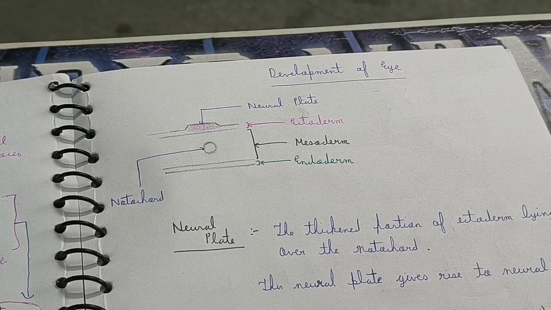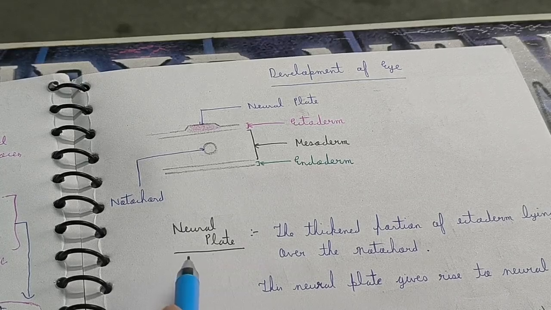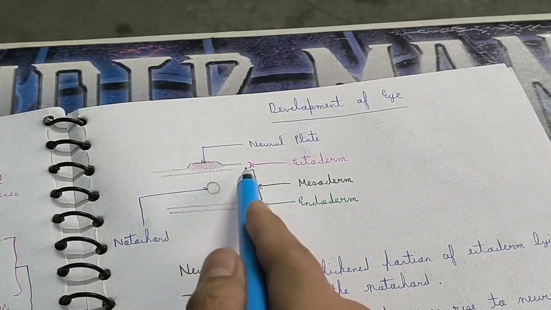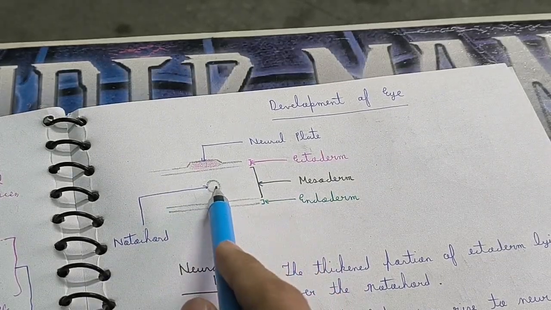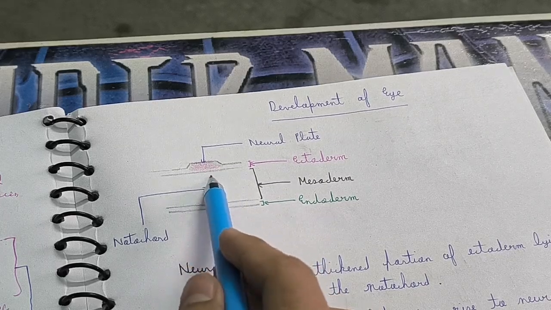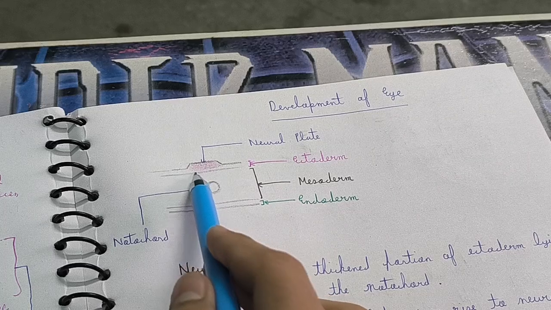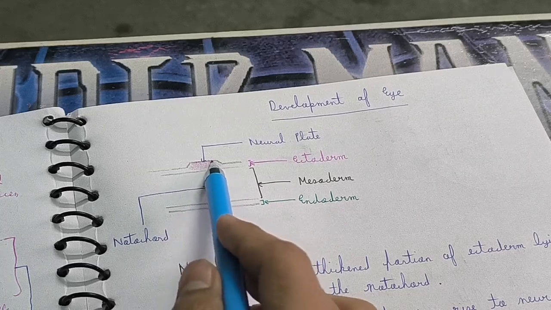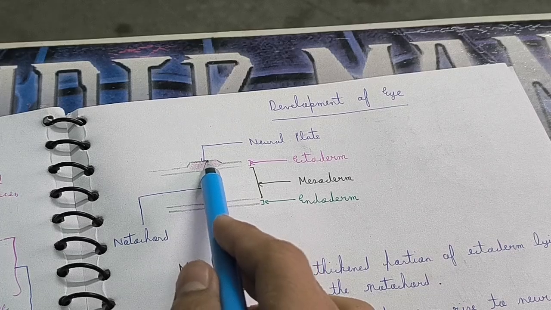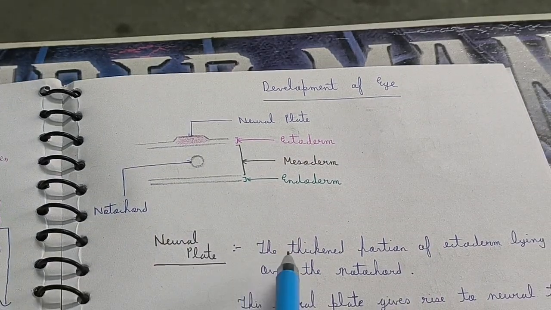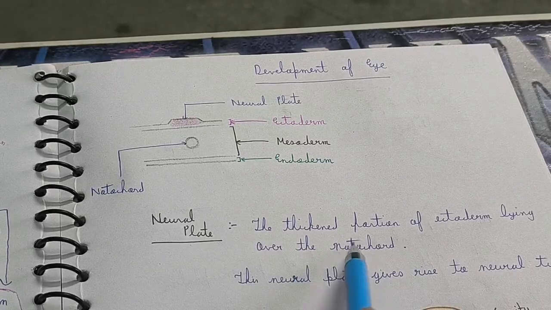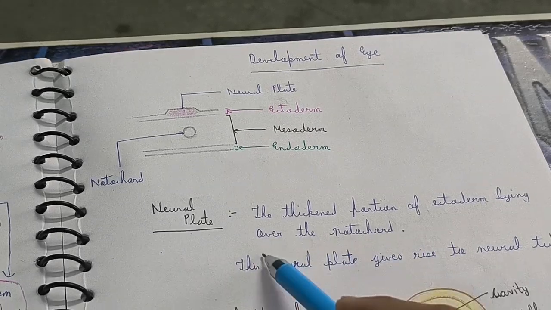So today's video is about development of the eye. First of all, you should know the neural plate. As you know, this is ectoderm, mesoderm, endoderm, and this is the notochord. Here the portion of ectoderm lying over the notochord becomes thickened to form a structure, and that thickened structure forming over a notochord is known as the neural plate. Therefore I have written that the thickened portion of ectoderm lying over the notochord is known as the neural plate,